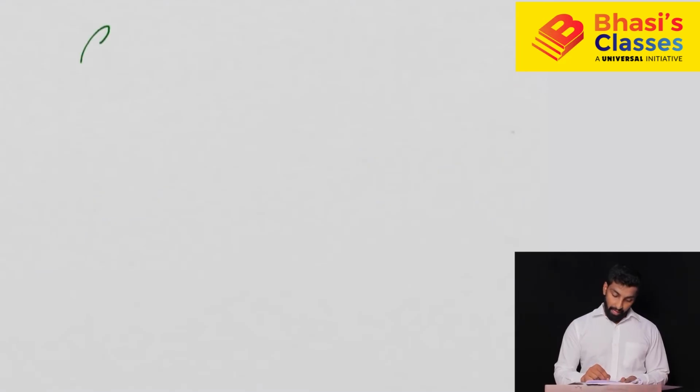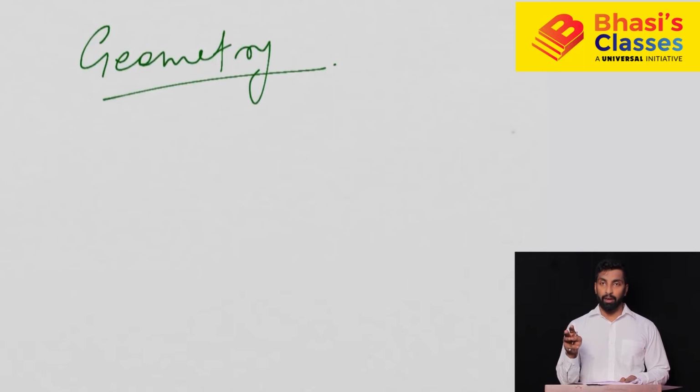Okay, so today we will start off with geometry. Now we'll try to cover almost all the important properties. Then I will discuss all the equations which are required. After that, I'll discuss the method in which you can solve the problem without using any of the equations. Okay, so we will start off with triangles, which is the first polygon.